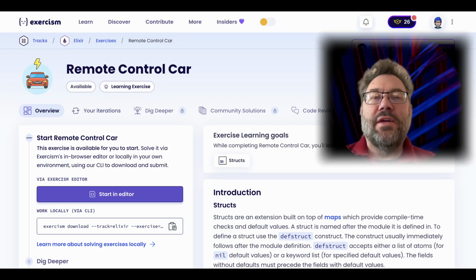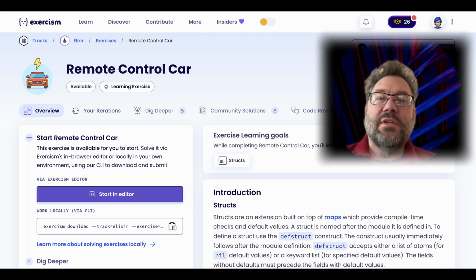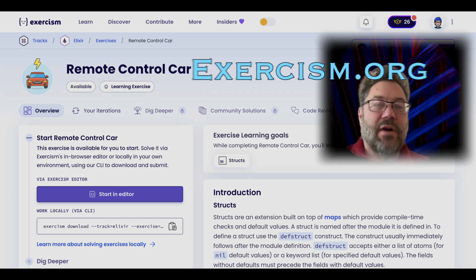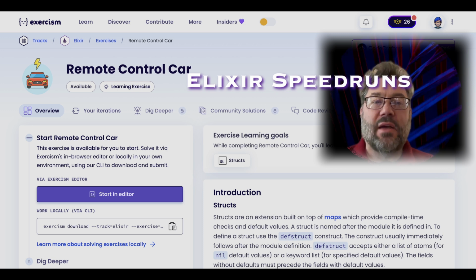Are you looking for a data type that's more formal than maps? Elixir Structs define the data shape and can enforce initialization. Remote Control Car is a perfect practical challenge to solidify your understanding of defining, updating, and pattern matching against named